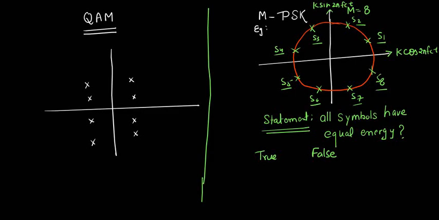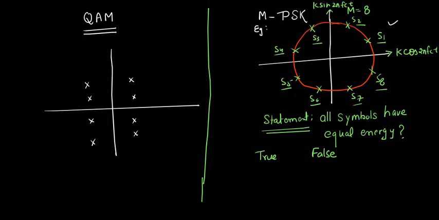Okay, great. So now we will go a bit slow. First question: I would ask a few questions first, which will make your understanding better. You can see the question in green that says this is a constellation diagram for 8 PSK, right? I make this statement by observing this constellation that all symbols have equal energy. True or false? How many of you say it's true and how many of you say it's false?